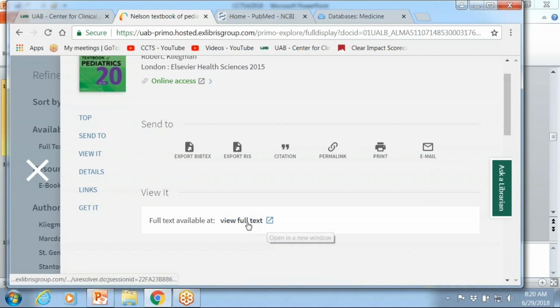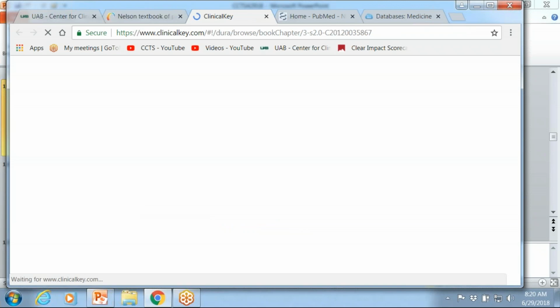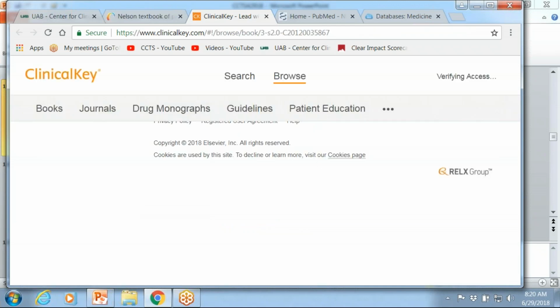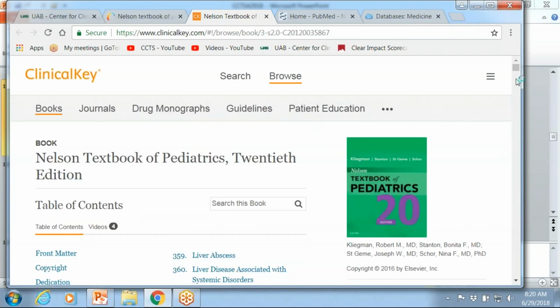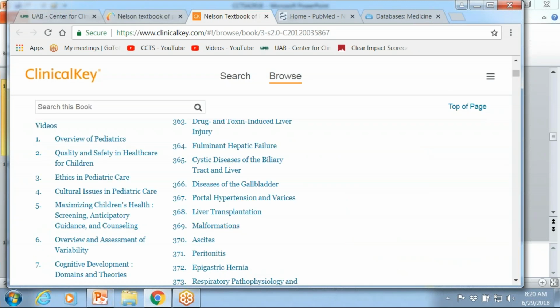But if you click on the view full text, it'll pull it up in whatever vendor platform we have it. This one is available through Clinical Key, and here it is. Any questions about the catalog?